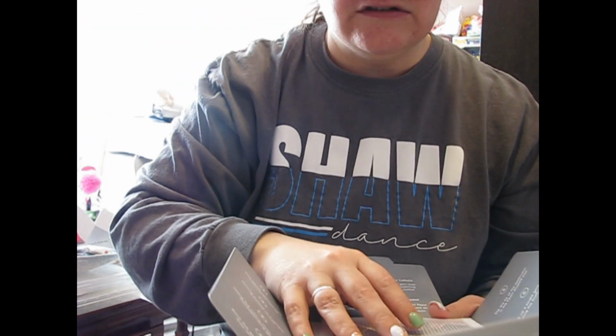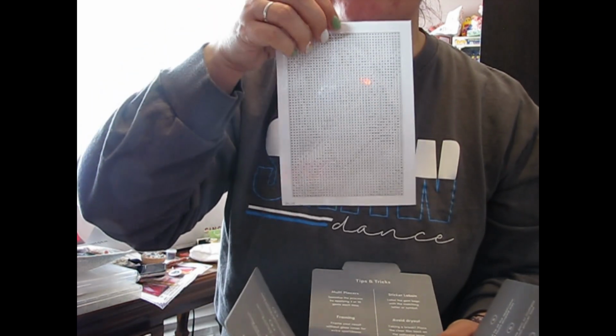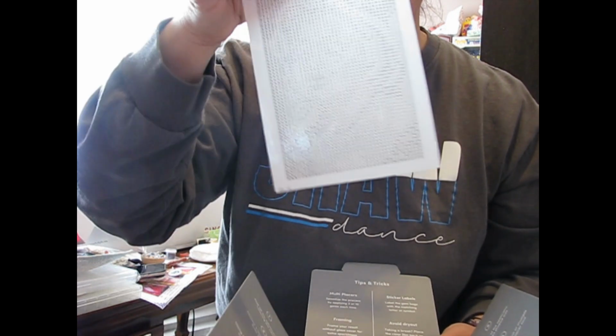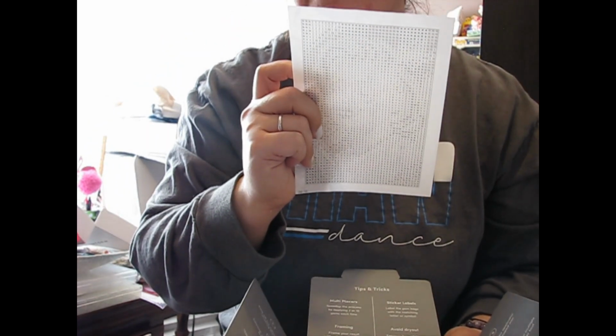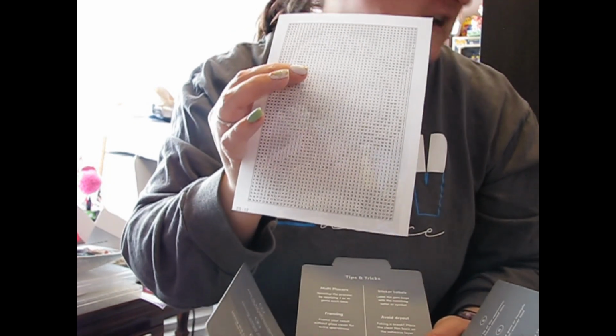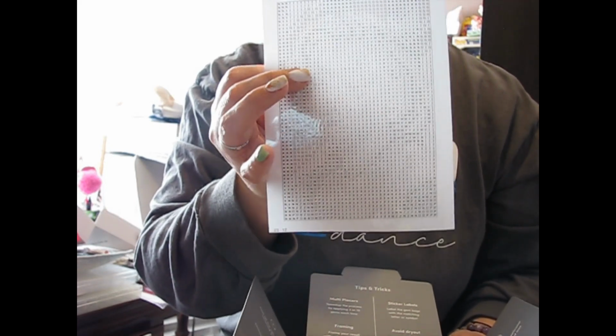So, and then they're just these little tiny guys, and they're mysteries, so you can kind of see it's a woman. I'm not sure which woman, but it's a woman. Alice is like, I think it's Katherine Johnson, which I think would be amazing. But so, kind of like a bigger mystery diamond painting, which I do have, but I don't have the space to do it yet. But yeah, like little snack size,